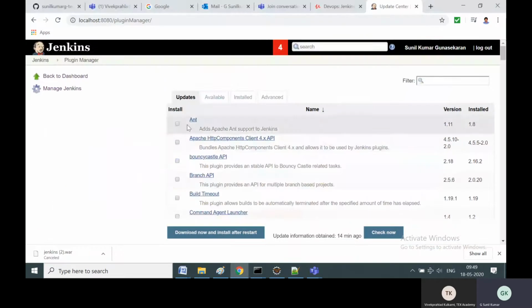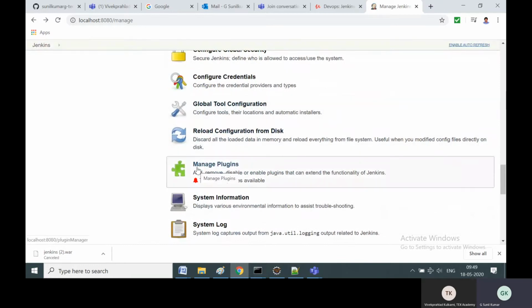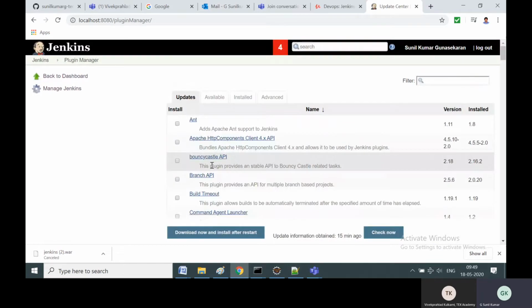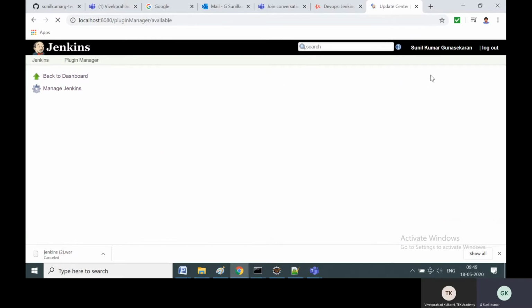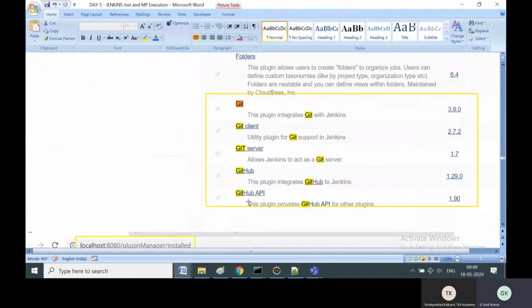It's very simple. As I showed you here in Jenkins, you are in Manage Jenkins. We completed global tool configuration. Then the next step is to manage the plugins, install the plugins. You'll click manage plugins, and then you can click the available section, and then you can search whatever plugin you want. As I told you in my screenshots, Git plugin is compulsory. GitHub plugin: this plugin integrates GitHub with Jenkins, at 1.29.0. You can install other related Git plugins also, but GitHub plugin is compulsory.